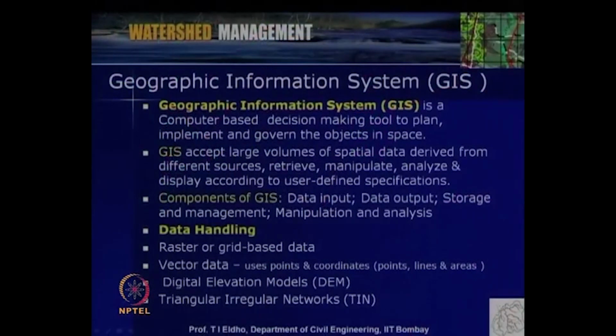So, we can represent the system using, say, the various triangles connected network, say an irregular triangle connected network, and then represent how the variation takes place. For example, how the direction of a river changes, or the position of a well, or where the pond is located. Like that, many objects within a watershed we can represent within a GIS